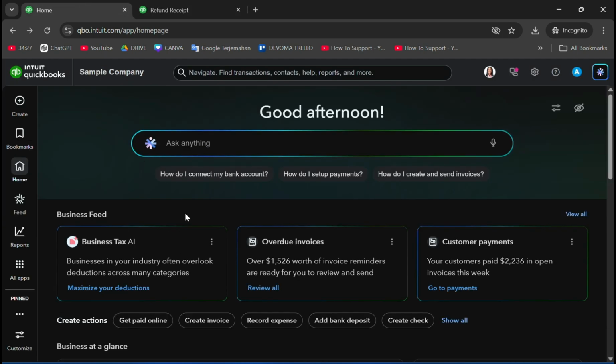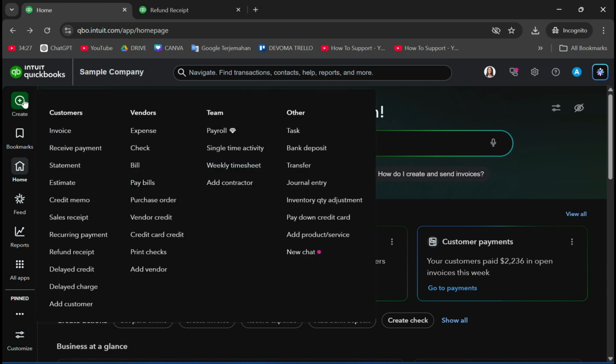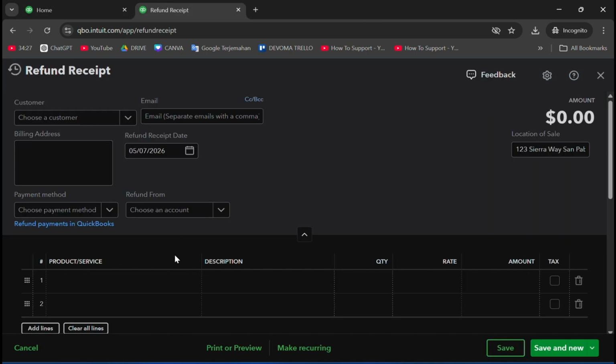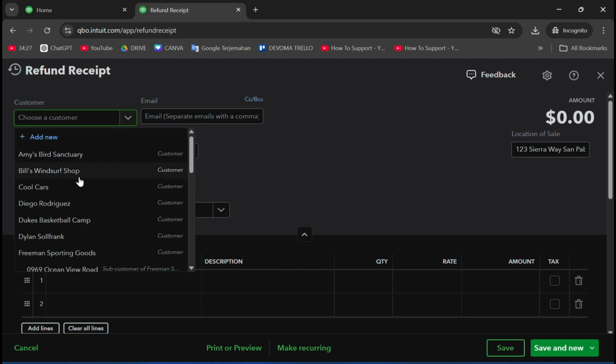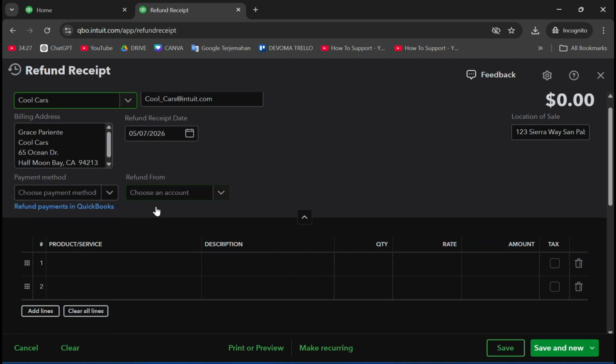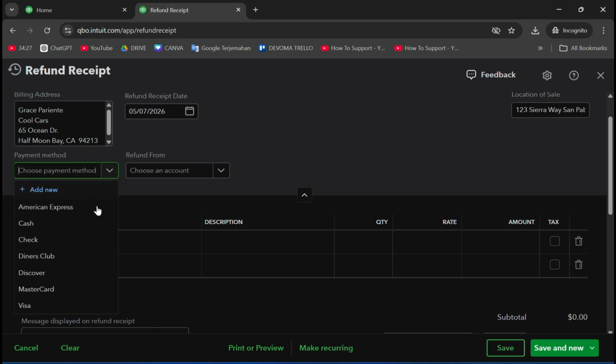To get started, go up to the top left corner and click your Plus Create button. Look under the Customers column, and right near the middle, click on Refund Receipt. First, use the drop-down at the top left to select the customer you are refunding. Then, choose the Payment Method. This is how you are giving the money back, like returning it to their credit card or writing them a